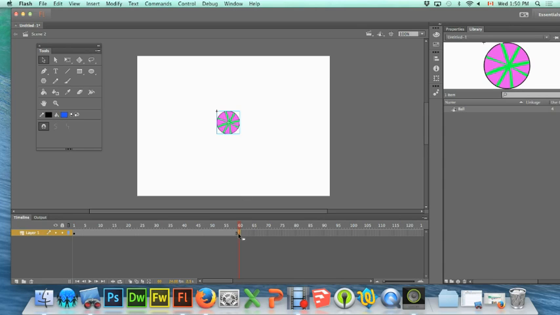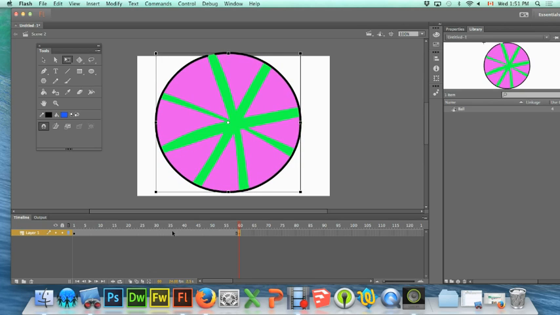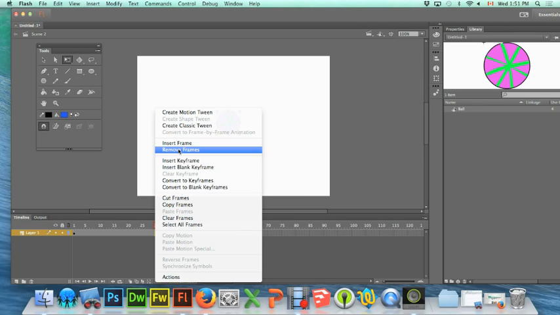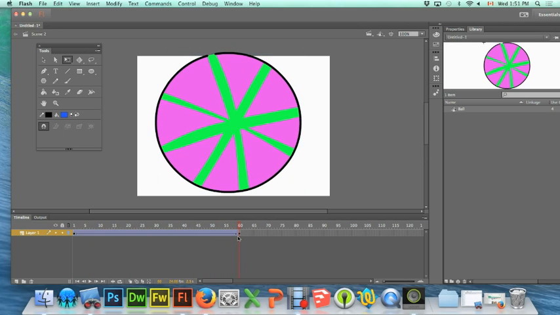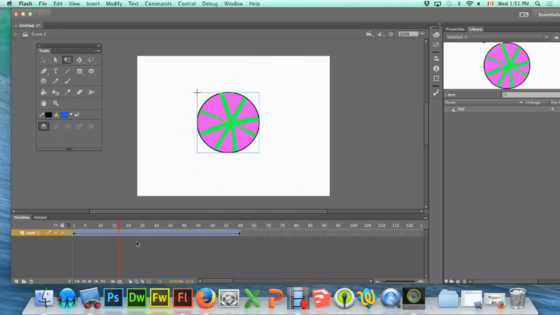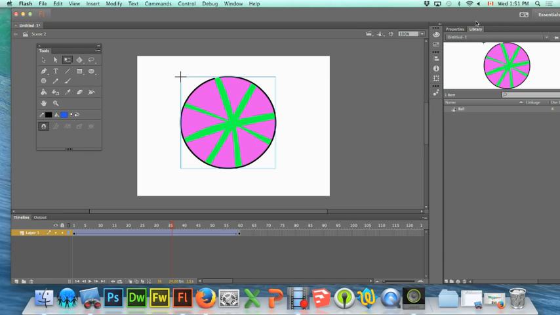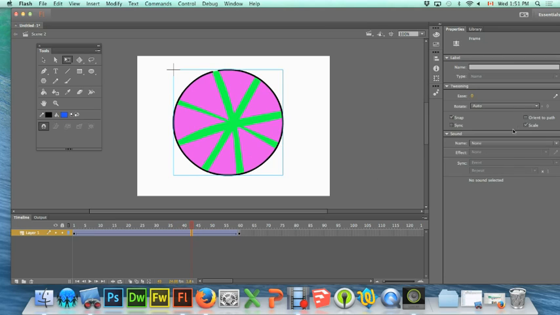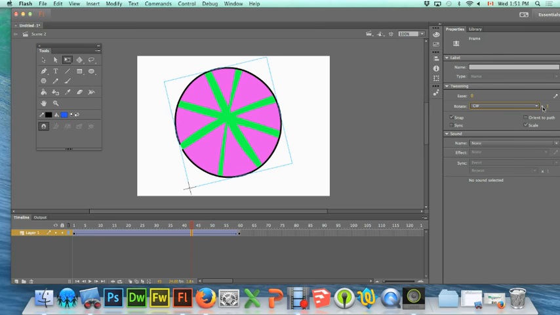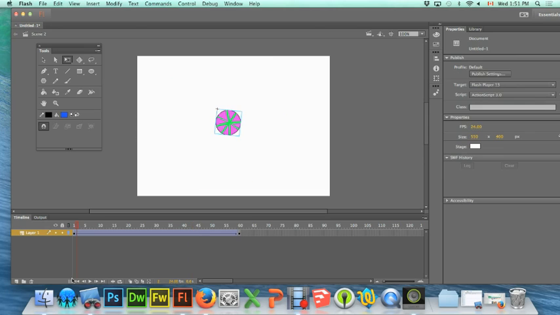I'll insert a keyframe, and what I'll do here is I'll simply resize the object, and again I will control click in the middle and create a classic tween. So you can see it getting larger, and if you want to add that rotation to this as well, you can go to the properties, click on the tween, and have it rotate so that when it plays